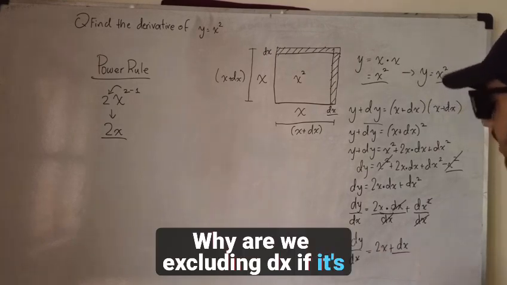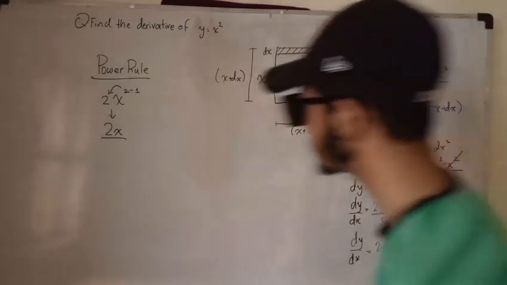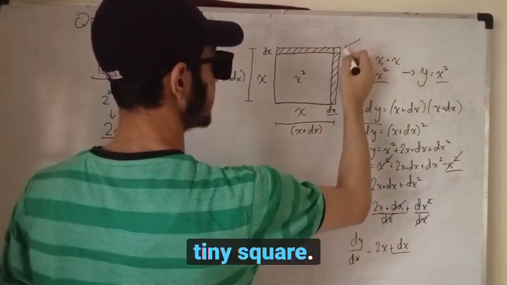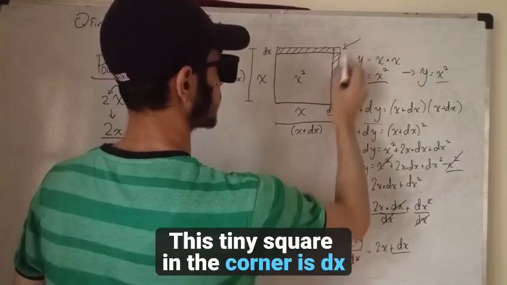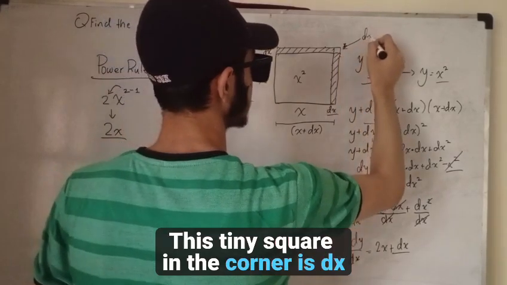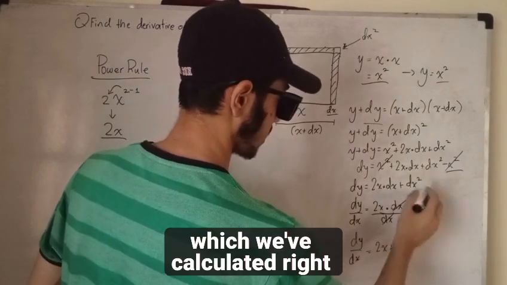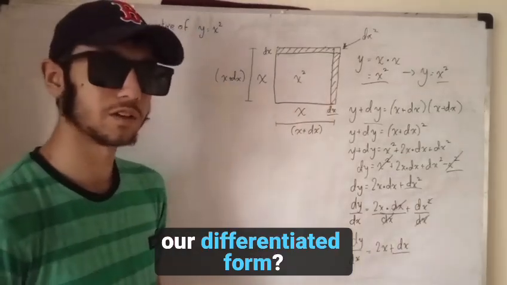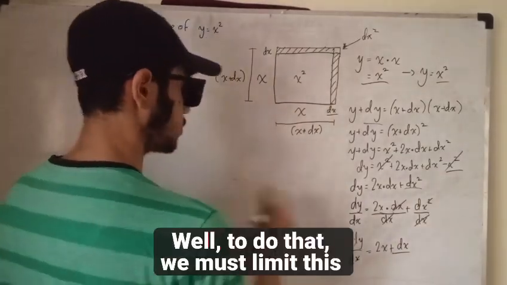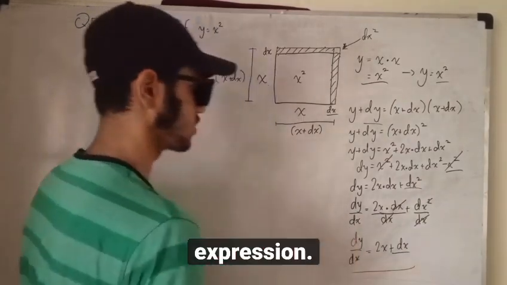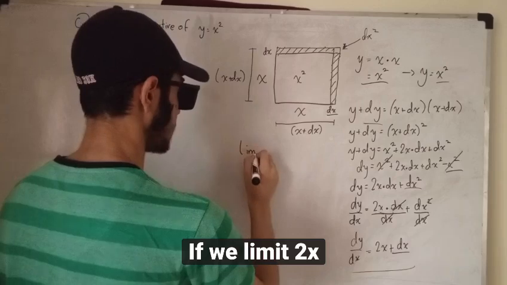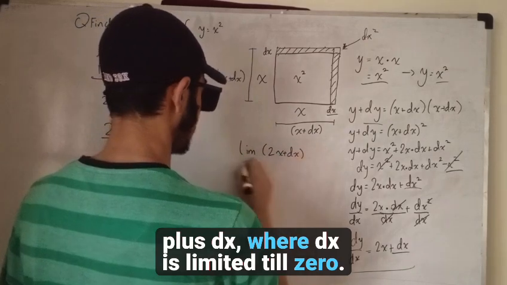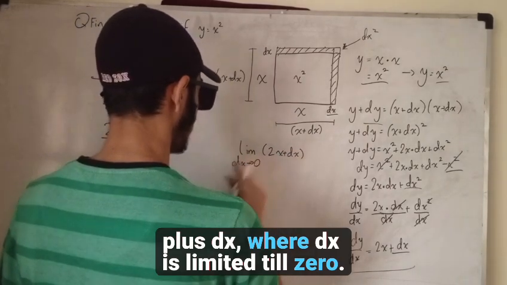Why are we excluding dx if it's already there? This dx is in relation to this tiny square. This tiny square in the corner is dx squared, which we've calculated right over here. Why aren't we including that in our differentiated form? Well, to do that, we must limit this expression. If we limit 2x plus dx, where dx is limited till 0,